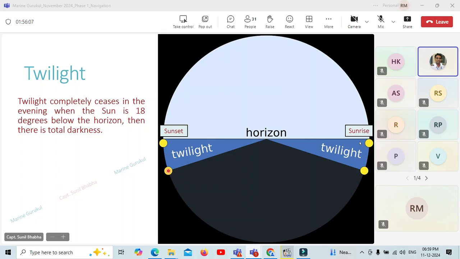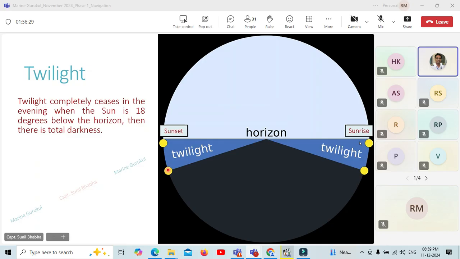So you can consider this 18 degrees as a negative altitude of the sun. Till the time the sun is within 18 degrees of our horizon, we keep on receiving this twilight, and after the sun crosses this 18 degrees belt,